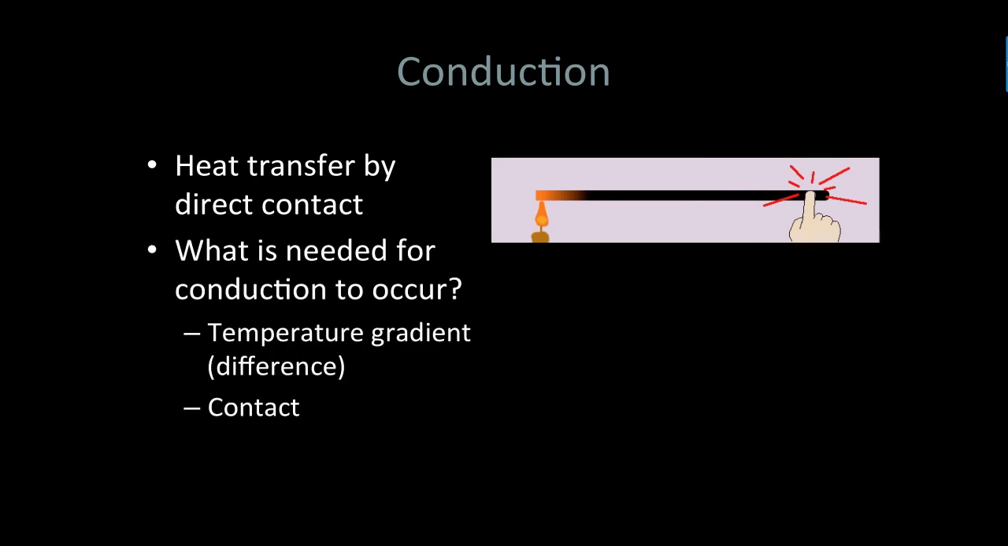So what do we need for that to occur? You've got to have contact. That would be one. And the other big thing is you have to have a temperature gradient. Okay, so a difference in the temperature. So a delta T, a T1 and T2. And heat's going to flow, or that temperature gradient is going to go from a high temperature to the